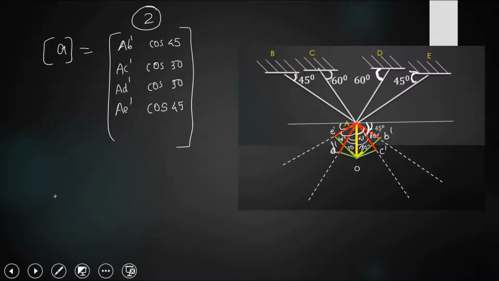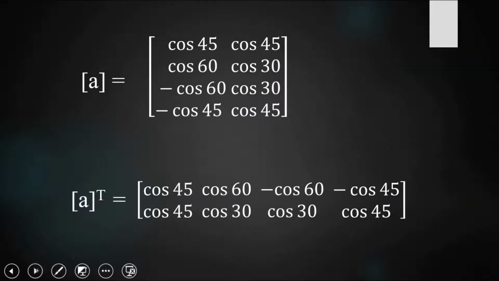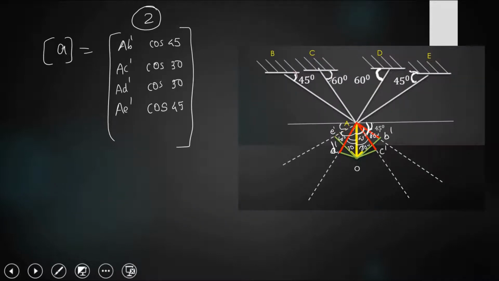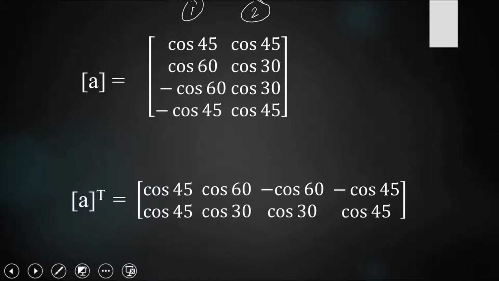So I have taken both separately. Now we can keep all the displacement transformation matrices together. So when I apply unit displacement in the direction of the first system coordinate and second system coordinate, we can keep all these things together. See, I just kept all these values together and we get the displacement transformation matrix. I may need A transpose, so I have found the A transpose, just the transpose of the matrix.